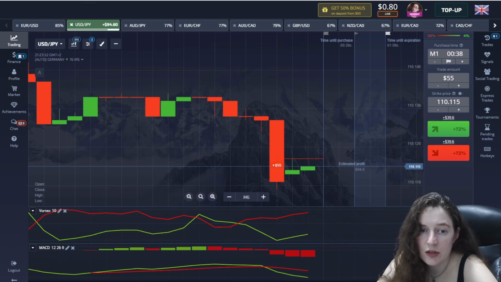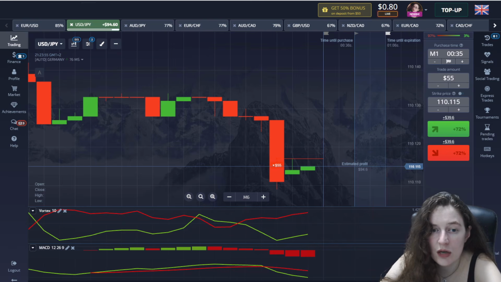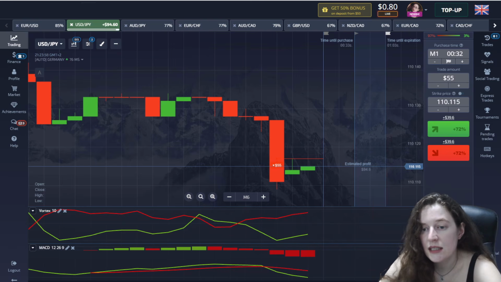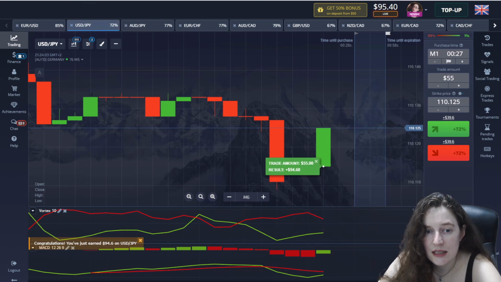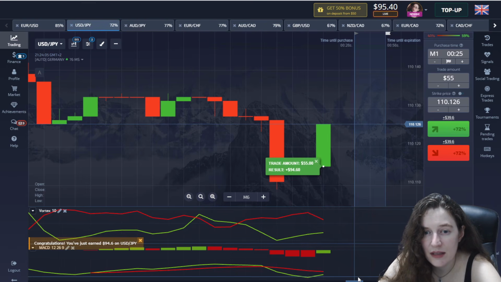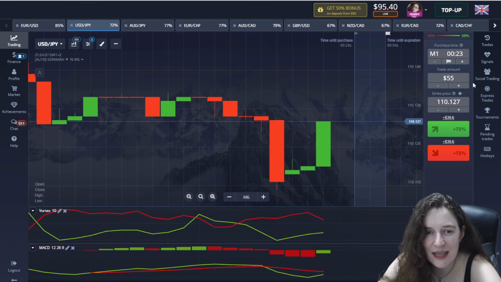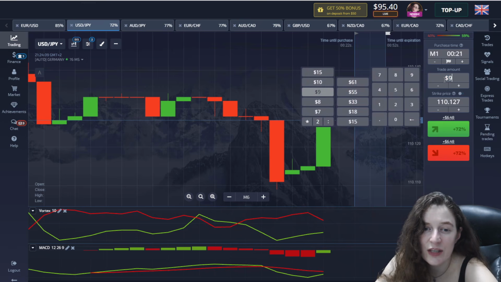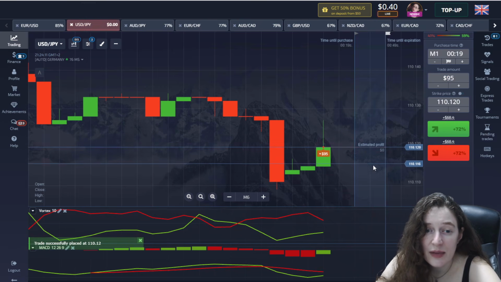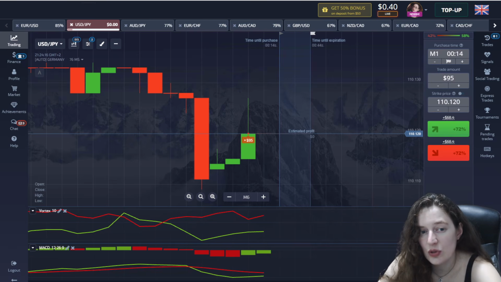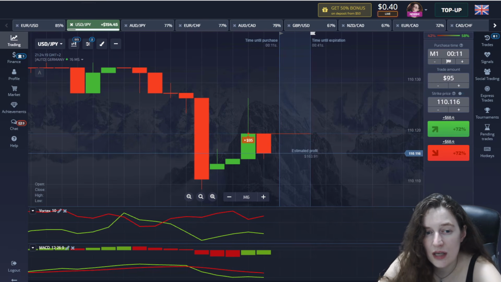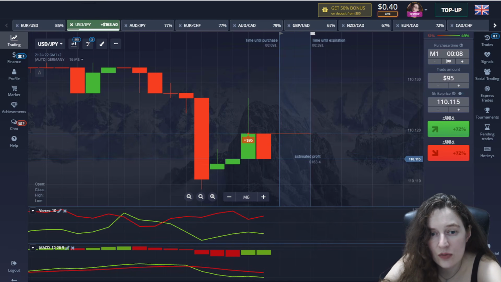According to this method, when the MACD has been on a downward trend for a long time and at the same time its candles start to go down, at this point the method really works. Great, and as you can see we almost lost, but I think again for the reason I told you, these candles will go down and I put all my money down.